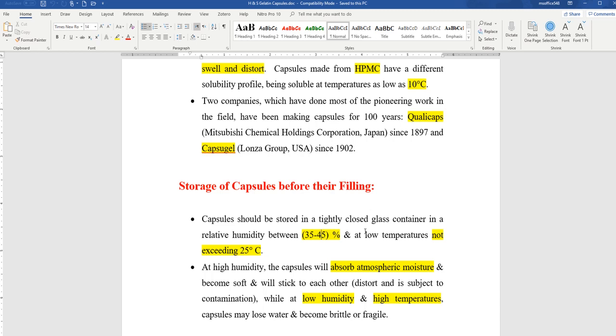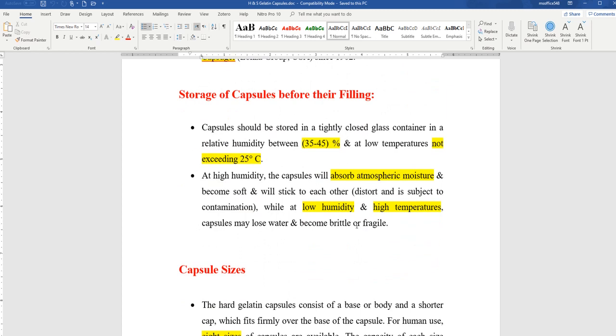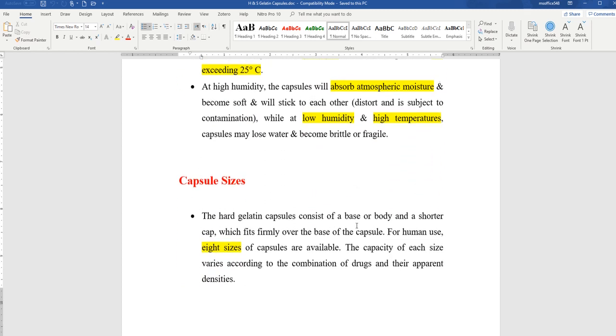What happens if the humidity is very low, let's say 20% relative humidity? Then in this case it will lose water from the shell. And we know that water is very important in the capsule shells. Why? To give the capsule shells flexibility. So when it loses water, it becomes fragile and it will break easily, and it will not be able to withstand the stress that comes from the machine and from handling the capsules. So you need to be aware of this